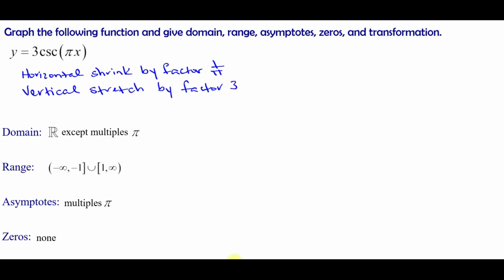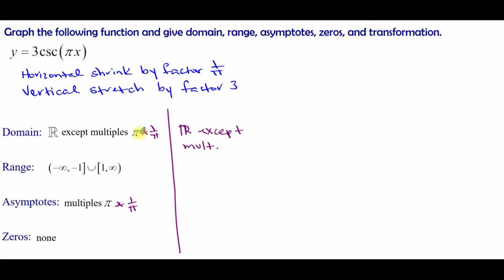Again, I gave you the standard properties here for a cosecant graph. So our new properties, remember domain, asymptotes, and zeros are going to get multiplied by our horizontal value. So I'm going to multiply by 1 over pi, I'm going to multiply by 1 over pi. Here I'd multiply by 1 over pi, but they don't exist. So once we multiply, they're still not going to exist. So here my domain is going to be all real numbers except